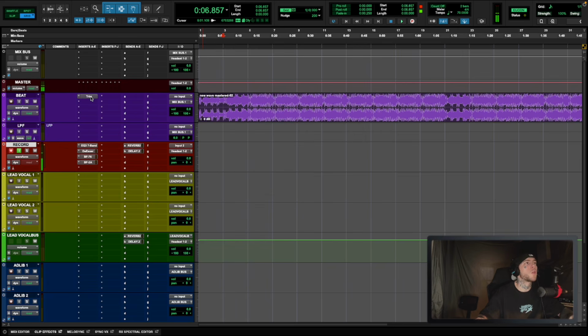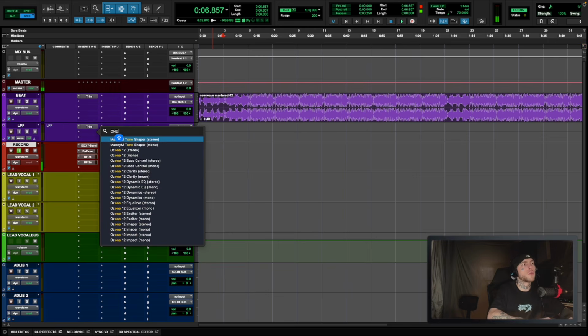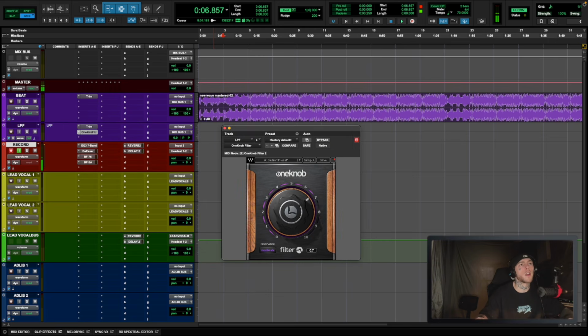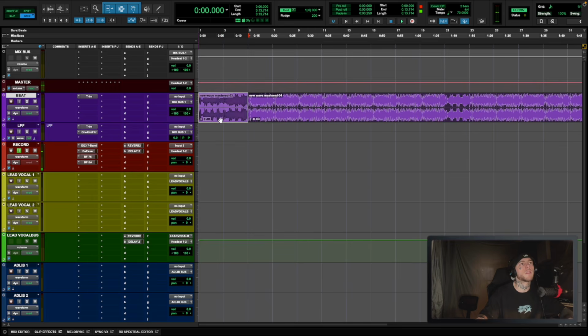And then hold Option and drag this down to the second one right here. So this is here. And then for the low pass filter, you're using whatever you want for the low pass filter. For me, I use 1 knob filter to drown out the beat. Come down here to 1 knob filter, stereo, and I set it on 5. So if I take this section of the beat and I cut it with B and then drag it down here,